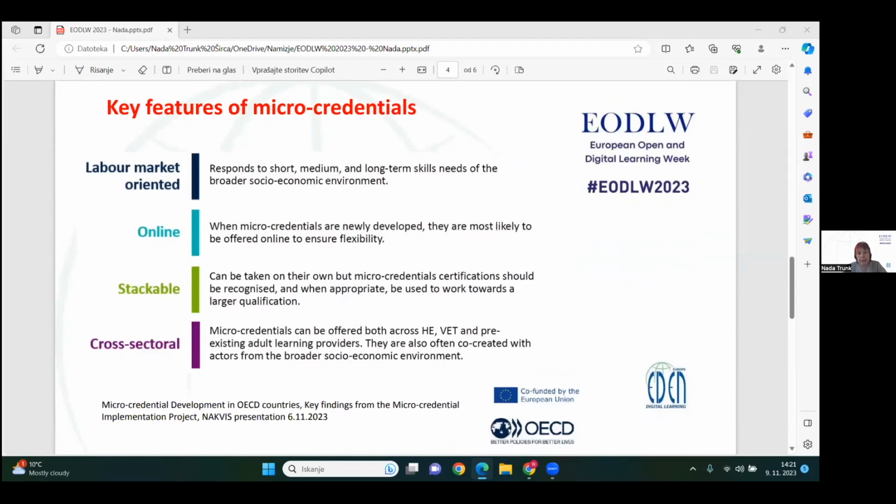Let's say OECD somehow recognized 4 key features of the micro-credential, that the majority of the micro-credentials are prepared online, and this you see is also our case.